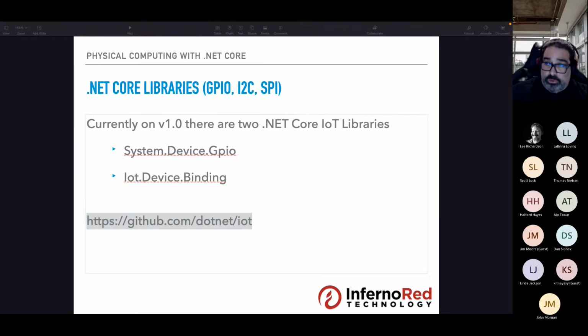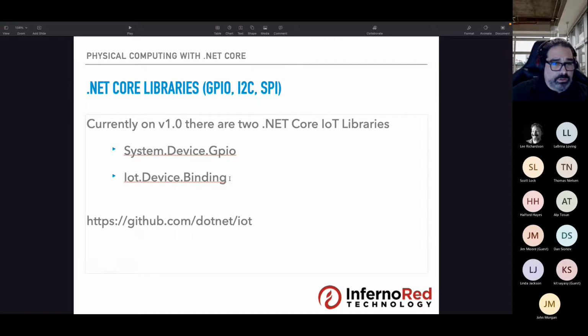The other library that's mentioned here on the slide, Iot.Device.Bindings, is an interesting one. I did mention that the devices I was showcasing, for example the LCD 1602 board, are common devices used a lot when prototyping IoT components.